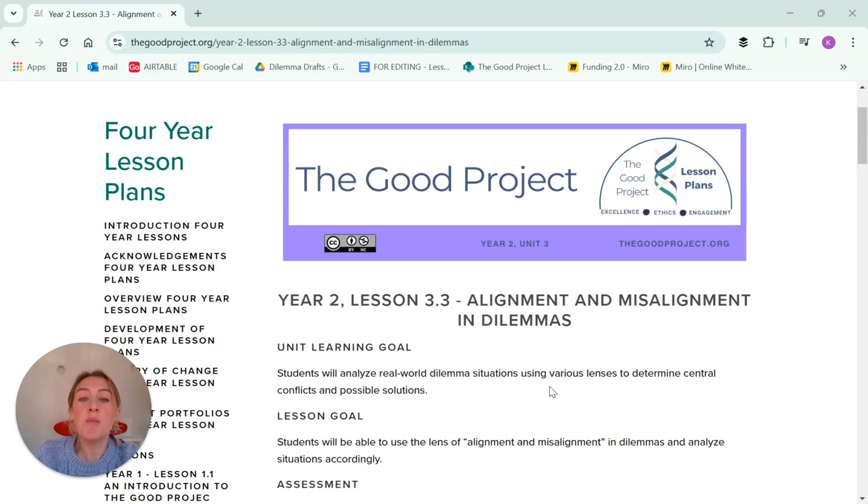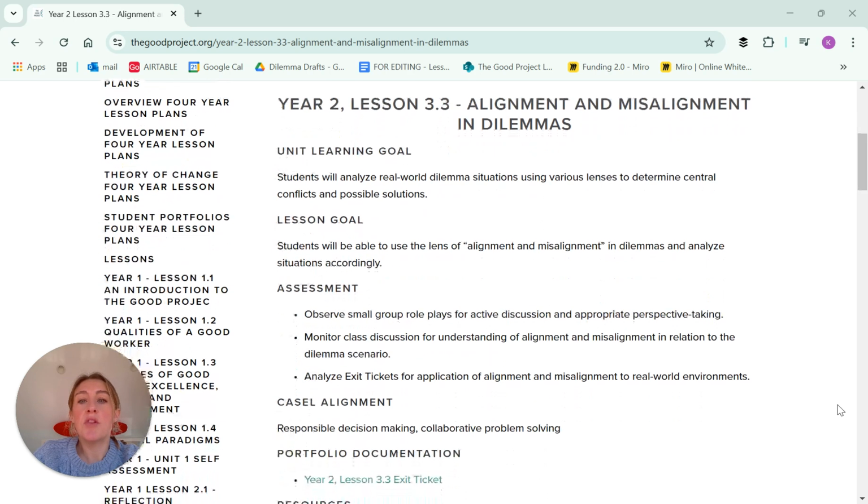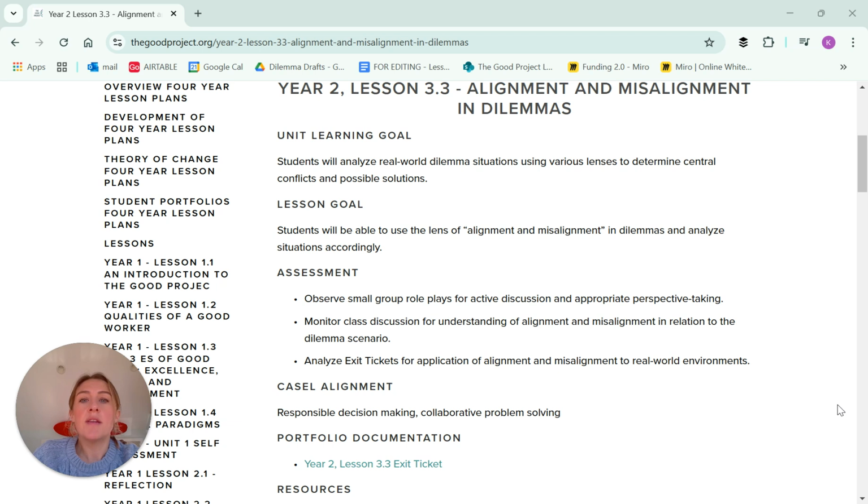Year 2, Lesson 3.3, Alignment and Misalignment in Dilemmas. So this lesson relates to the larger unit learning goal that students will be learning how to analyze real-world dilemma situations using various lenses to determine central conflicts and possible solutions. Specifically in this lesson, they're going to start using the lens of alignment and misalignment in dilemmas so that